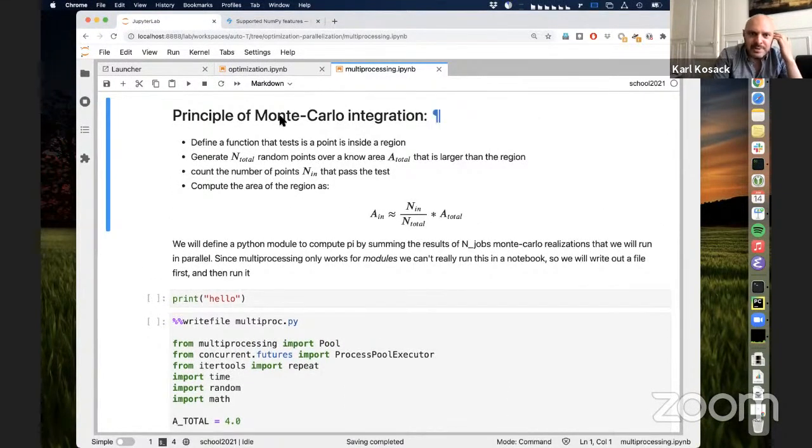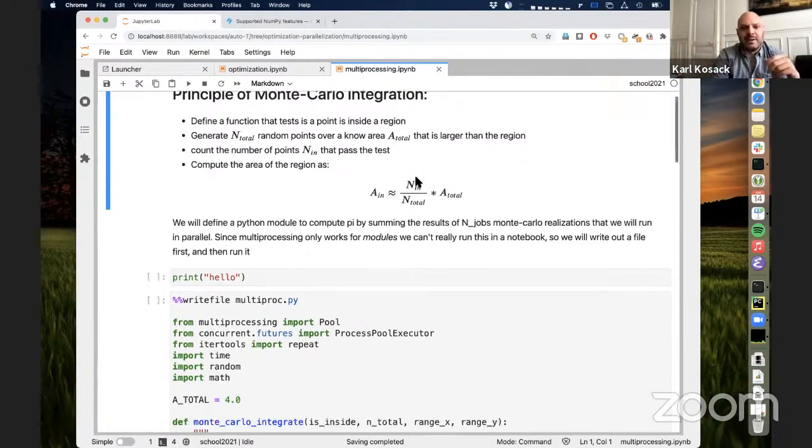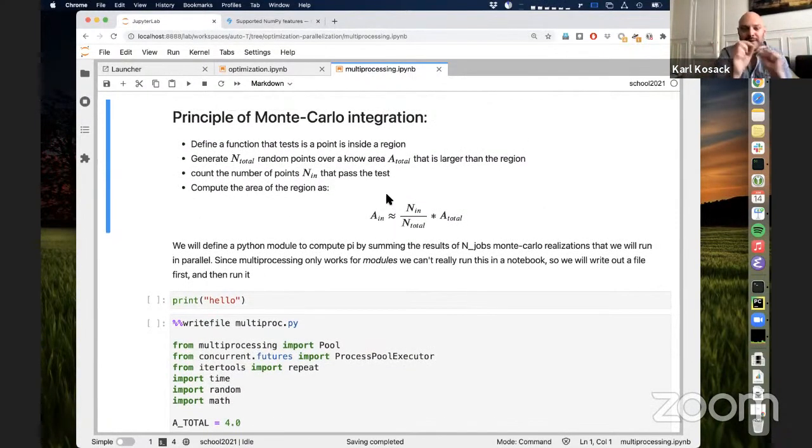So here's one example. Another real-world example is Monte Carlo integration, something that we do very often in science. When you have a big n-dimensional problem and you have an integral that you need to compute over that problem, and you don't have a good parameterization of the problem, you don't want to solve it analytically, you might want to integrate by basically throwing darts at the problem and finding the number of darts that are in the area that you want to integrate versus the total number of darts you've thrown, times the total area over which you threw all the darts.